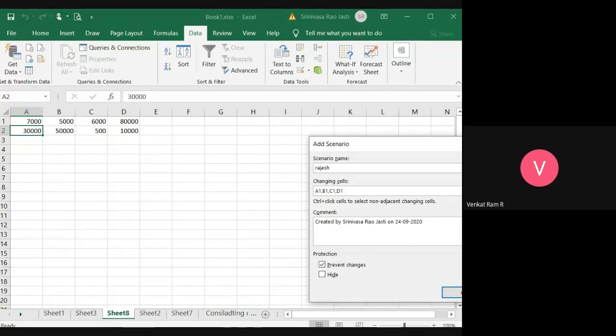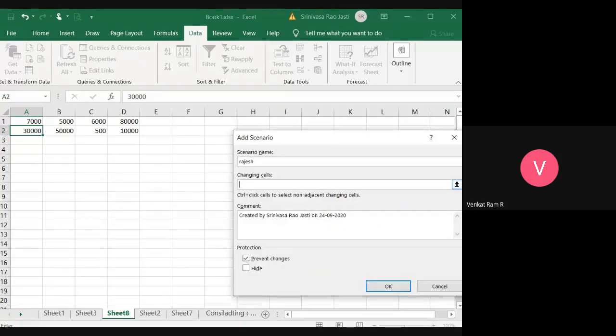Rajesh, I am taking. So I'm giving here A3 to B3.